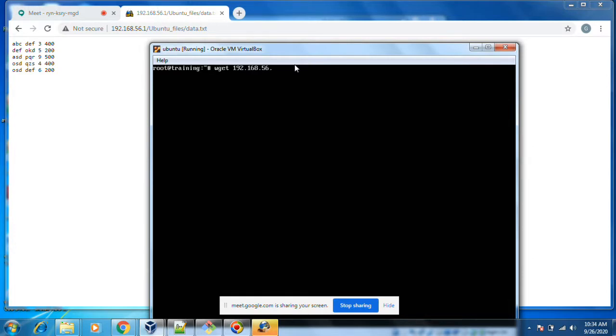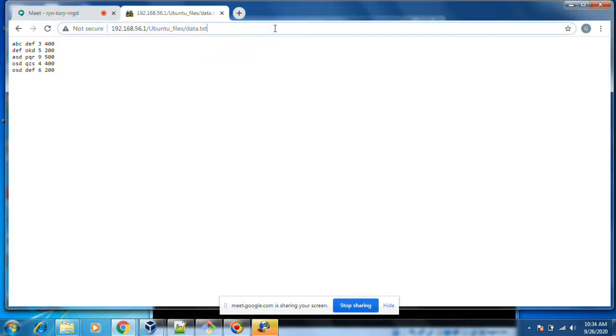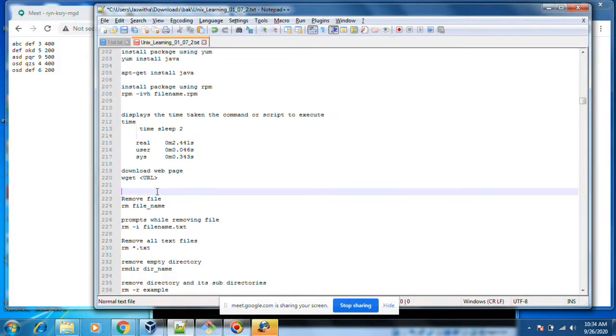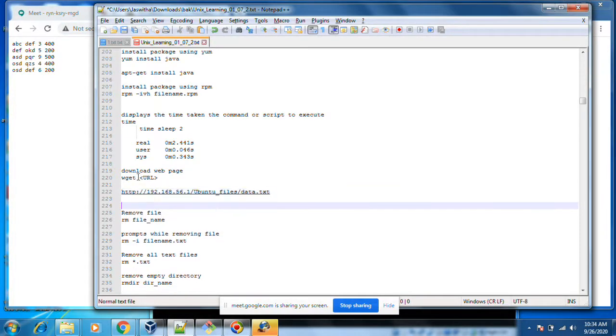192.168.56. You need to give HTTP also. You need to give the full path. If you copy and paste from somewhere, you will get the full path.